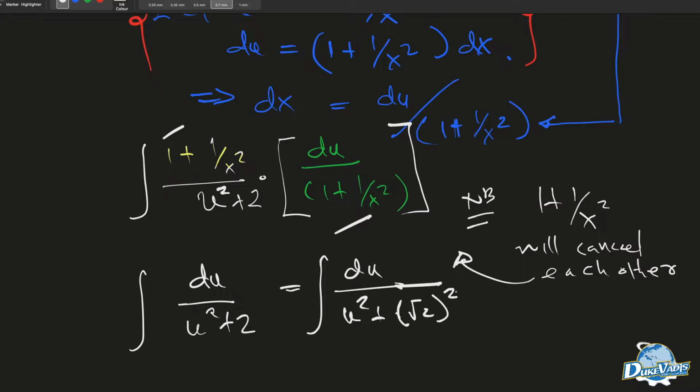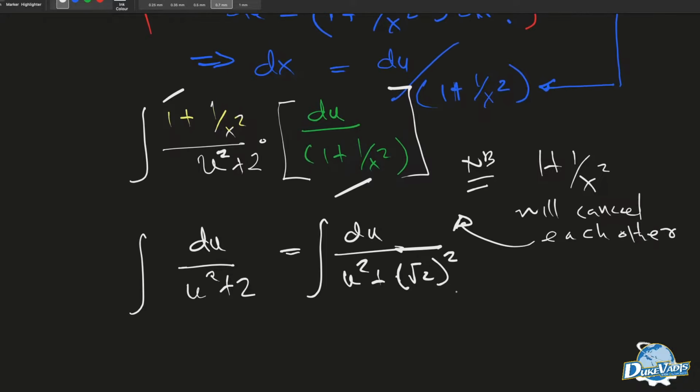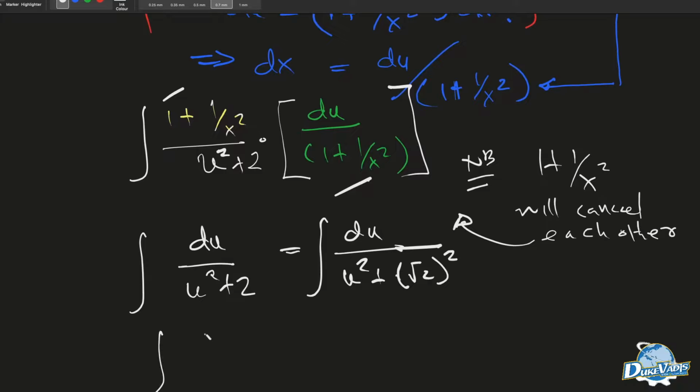If we do that, then we can use the tan inverse function to sort it out. So therefore, our integral du all over u squared plus square root of 2 all squared will give us,